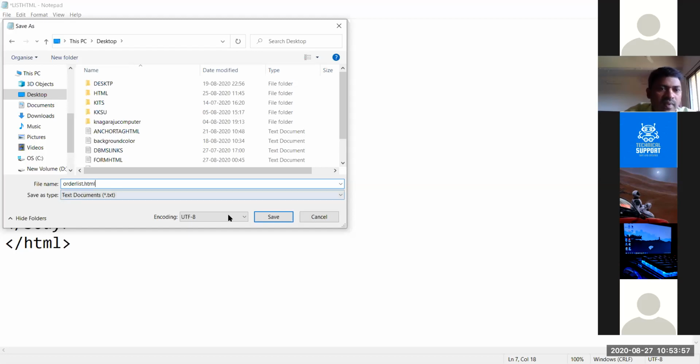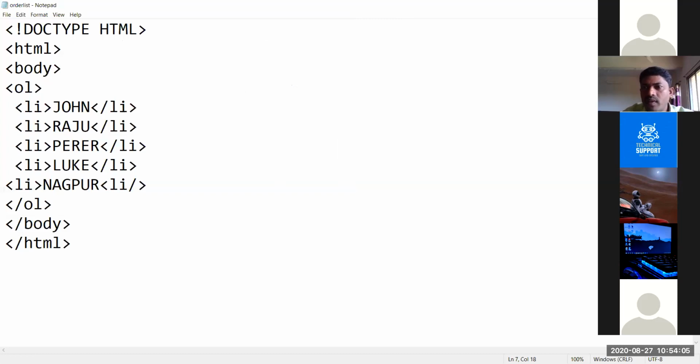Remember the file name. Save this and go to your desktop. Open the file, copy the address, paste that address in your web browser address bar. Then definitely you will get the output properly.